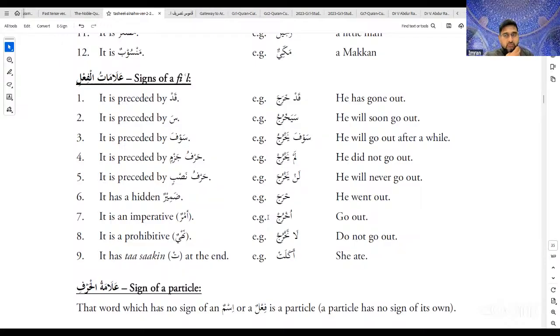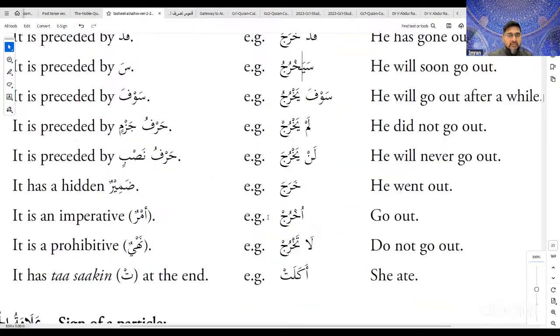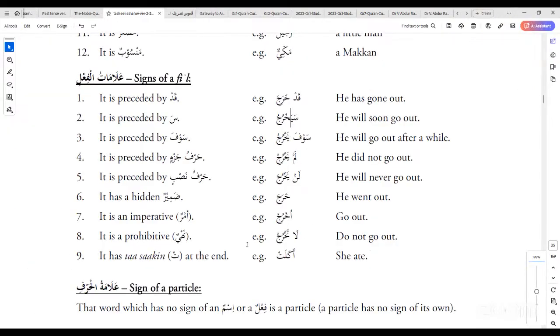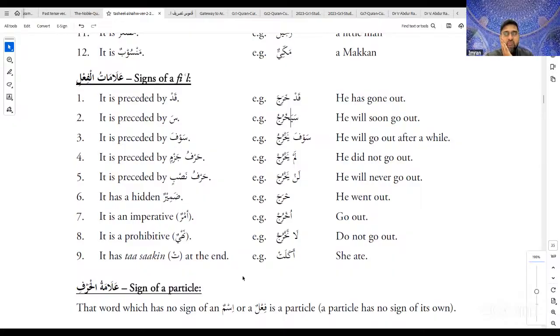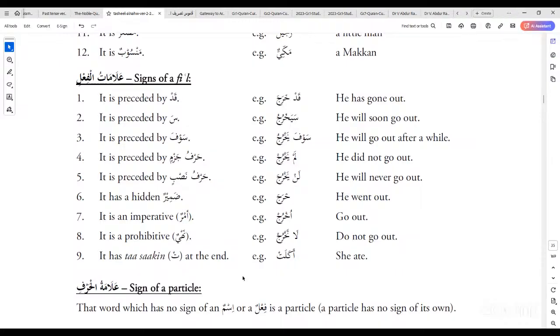So harf jazm. Explain what you understand. Of course, you know this, but just for the rest of the class, what does harf jazm mean? It means that there's no sign on the letter. Sign on which letter? The last one. Originally, the last letter of lam yakhruj, the jim, has at the moment a sukoon. What is the original position of the present tense verb? What harakat should it have? The dhamma. Excellent. It should normally have a dhamma.